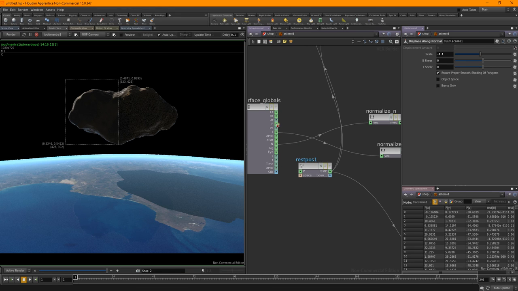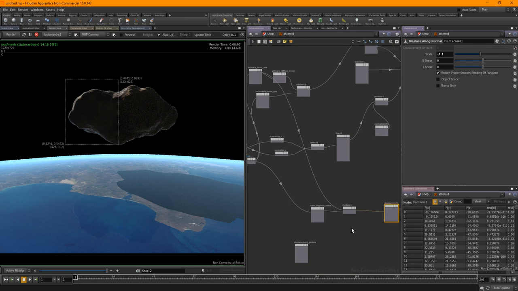Run the point position into there. What do we come up with now? Not a great deal.